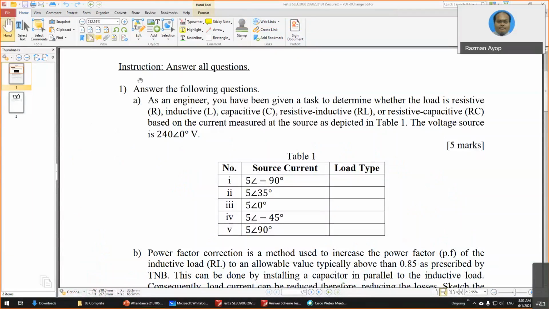Okay, we start with the first question, 1A, the theoretical question. So if you can see here, you have been tasked to determine what type of load is connected to the system. So the voltage source is 240 angle 0. So what is the current source? If the current source is given, what is the type of load? So if you can see here,